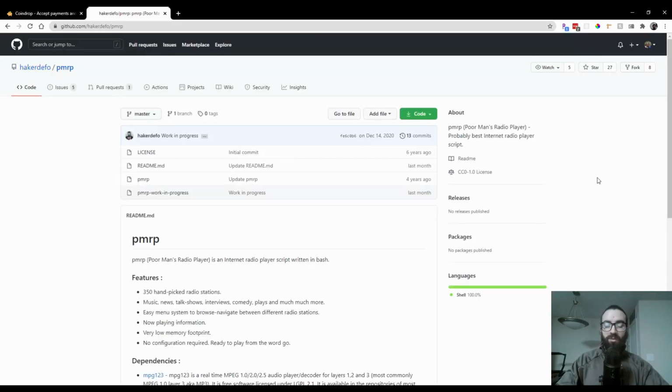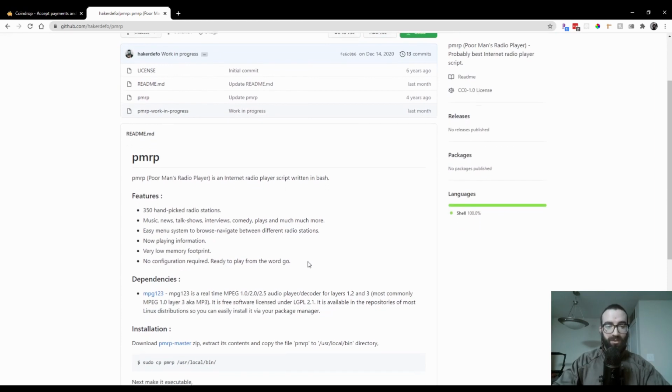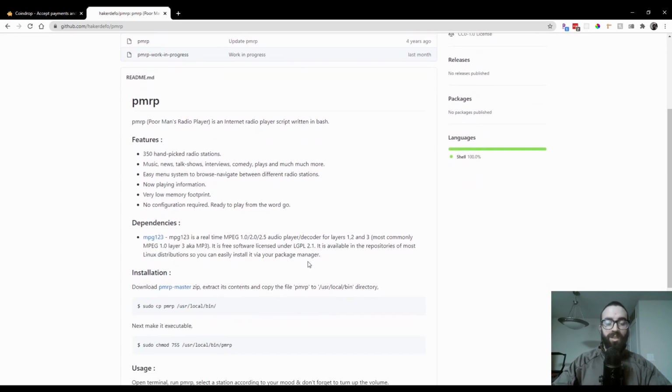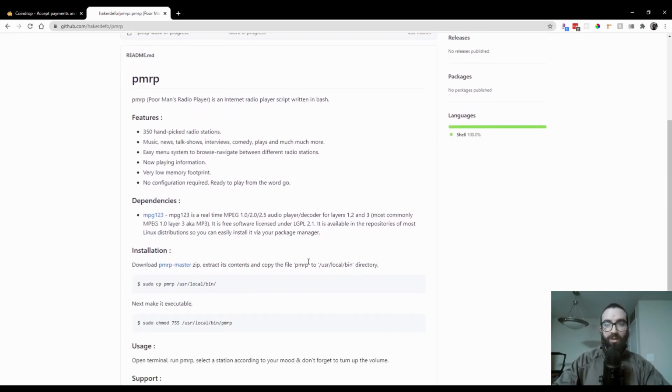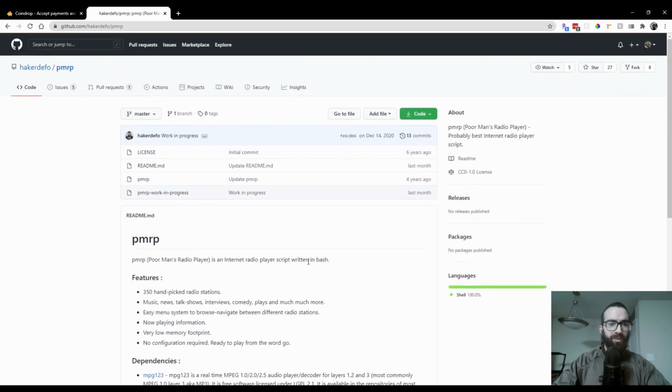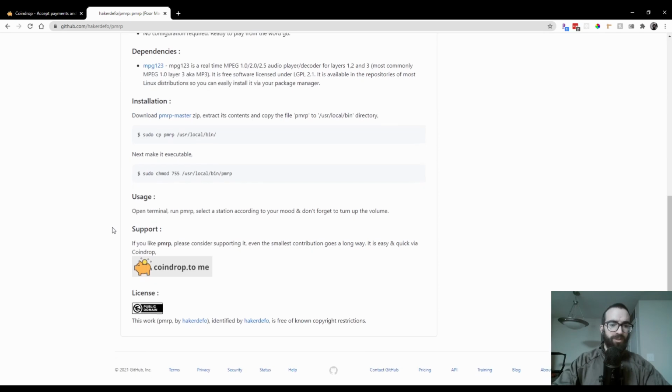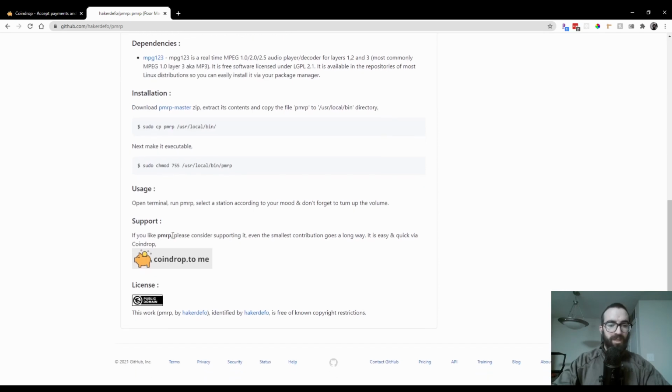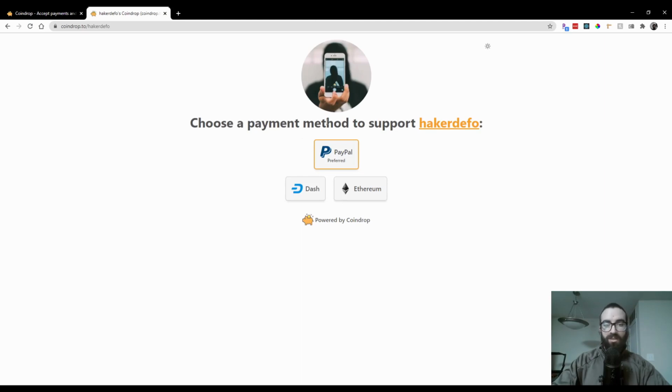Another example of people releasing content for free is on GitHub. So GitHub projects, GitHub now has GitHub sponsors where you can sponsor people, but they don't have a good way of doing one-time donations. So this is an example of an Indian developer, HackerDefo, who is using Coindrop on his GitHub page to accept payments. So if we click on that, it takes us right to his page, and we can pay him PayPal, Dash,